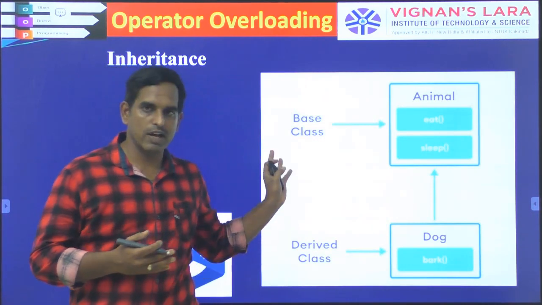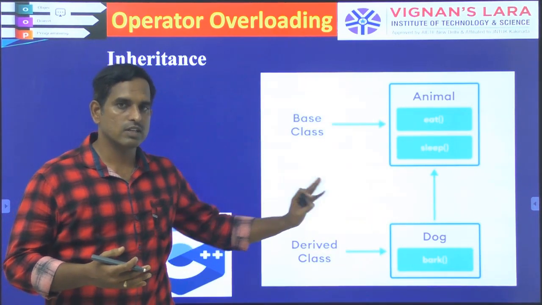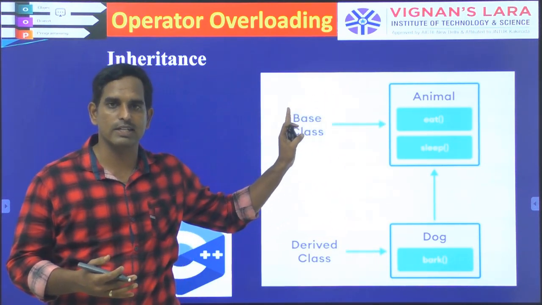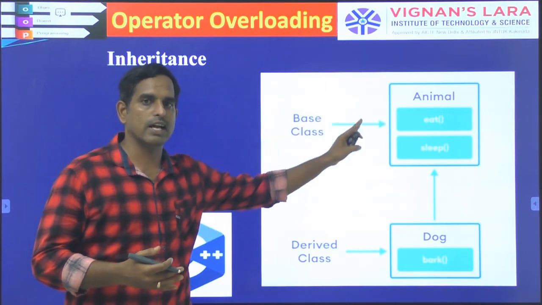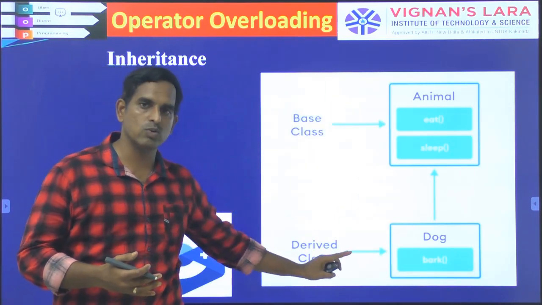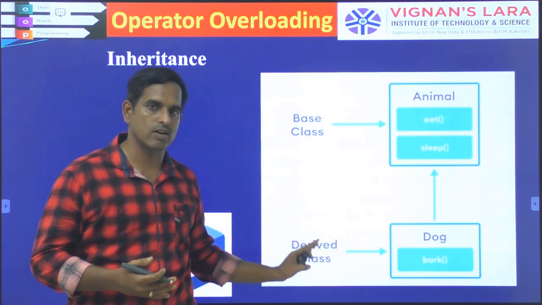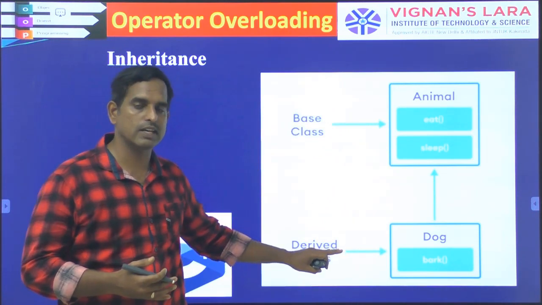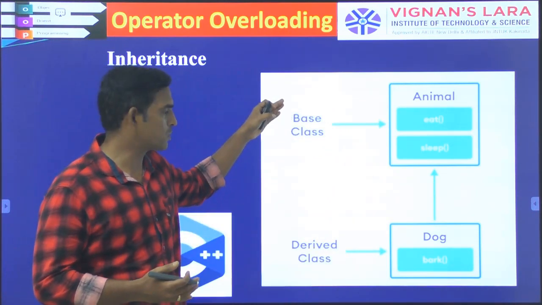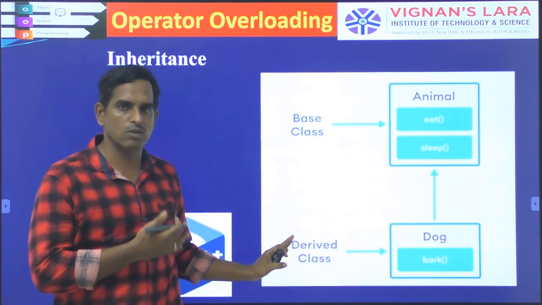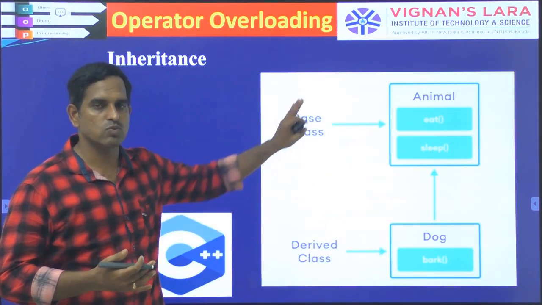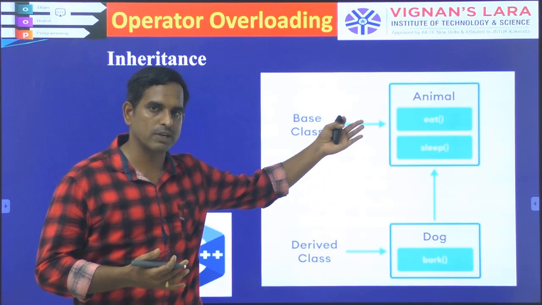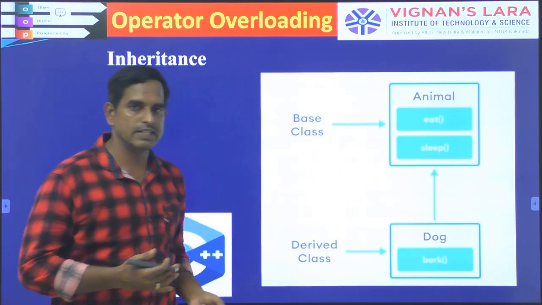So in the previous session we started on inheritance. I told you about creating new classes from existing classes and using the existing class properties. We call it inheritance, where the existing class is called the base class and the newly created class is called the derived class or the child class. They are also called the parent class and the child class, or the superclass and the subclass. There are different names, but basically this is your base class, and the newly created class which takes the properties of the parent class is called the derived class.